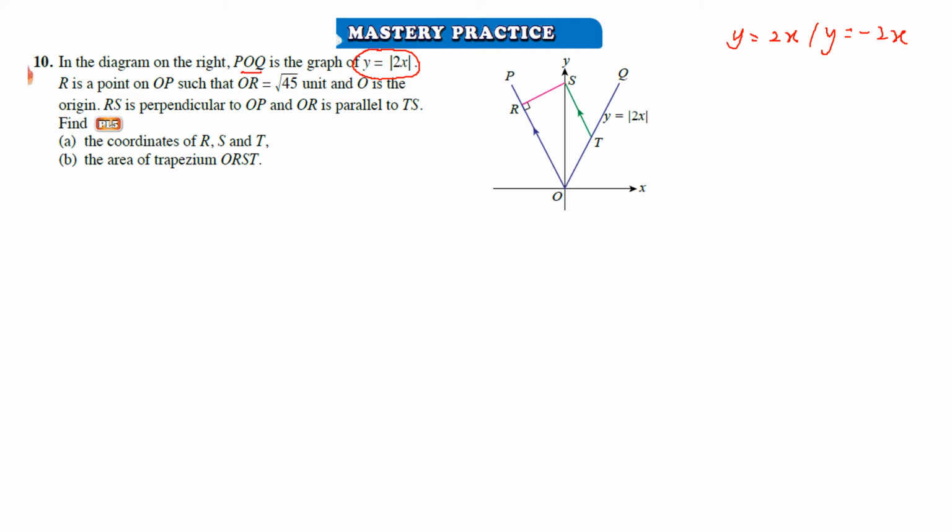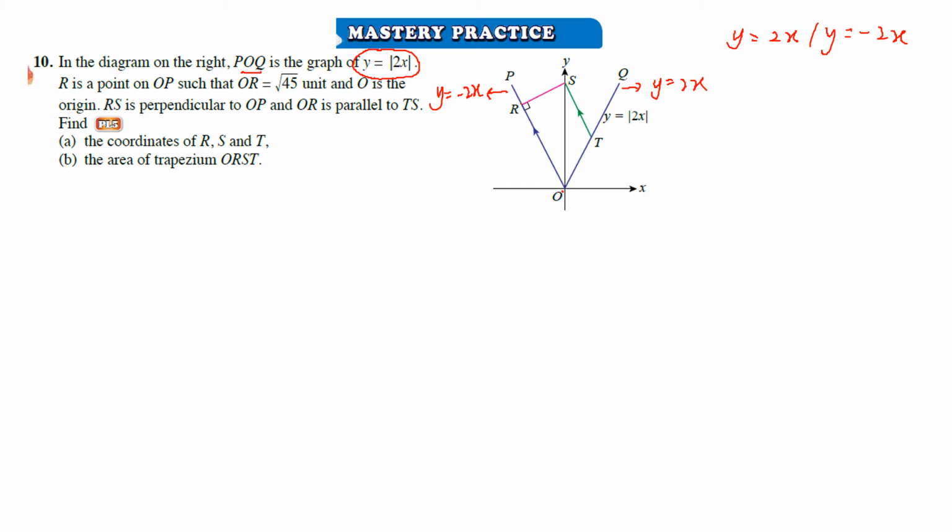So it is very obvious from here that OQ has a positive gradient. So OQ will be y equals 2x. But for OP it will be a negative gradient. That's why it will take negative 2x. Okay, so R is a point on OP here